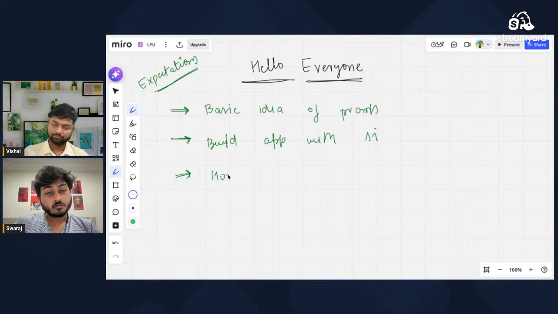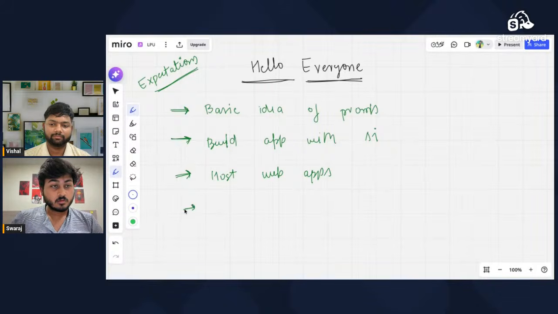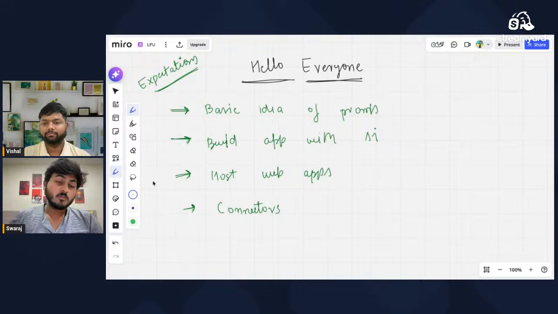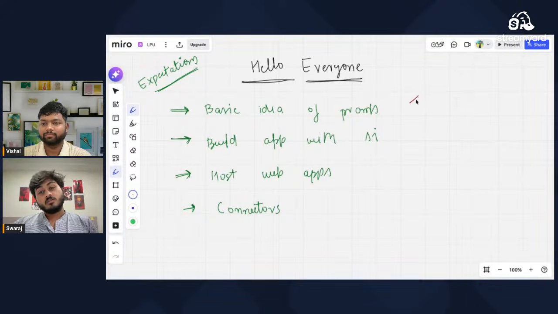Host web apps. And the basics of connectors. So these are the expectations. You can see what we are doing inside this session. There are 4 pointers, and we just revolve around these 4 pointers.